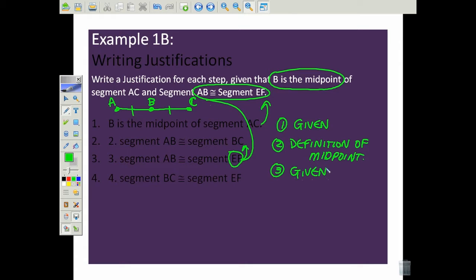Now when I look at 4, we're going through a logical progression here. If B is the midpoint of segment AC, and segment AB is congruent to segment BC, and I've also said that segment AB is congruent to segment EF, I'm going to try to say that segment BC is congruent to segment EF. Well, look at what happens here. If I've got AB congruent to BC congruent to EF, all I'm doing here is I'm saying, forget about this BC part or this AB part, because I've already said that they're congruent. So this is going to be transitive property